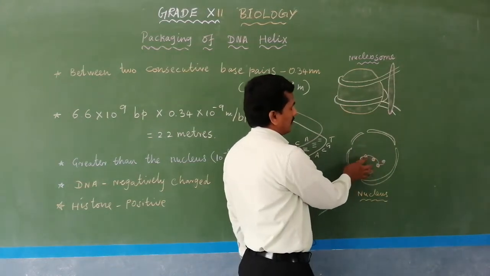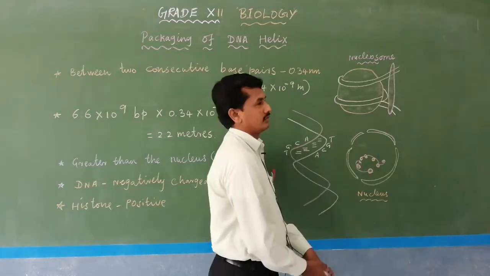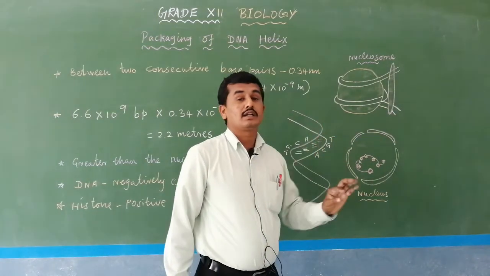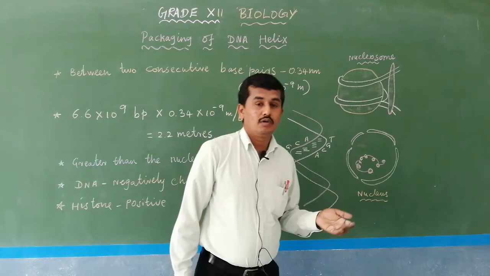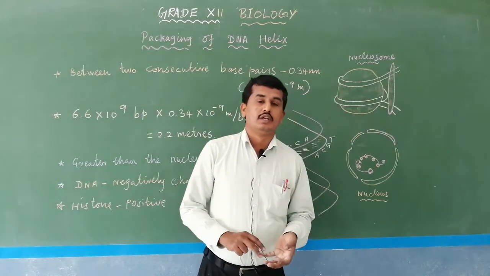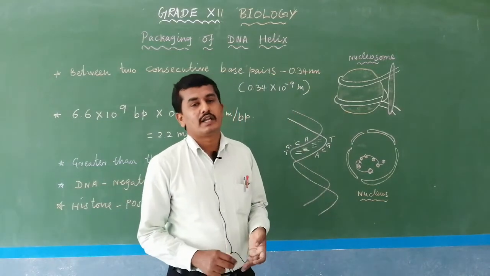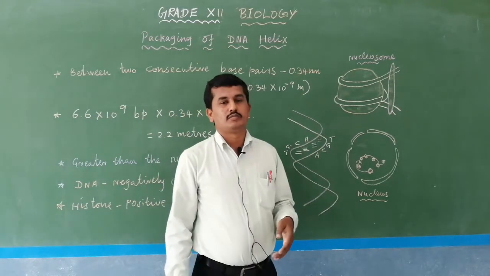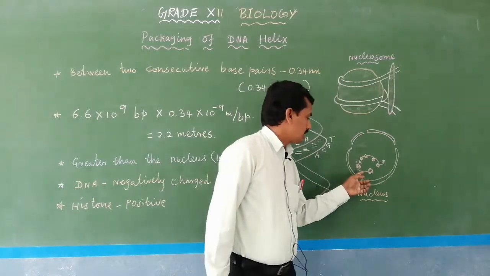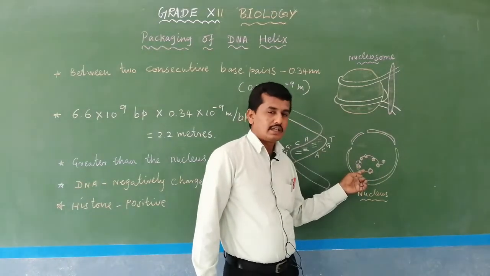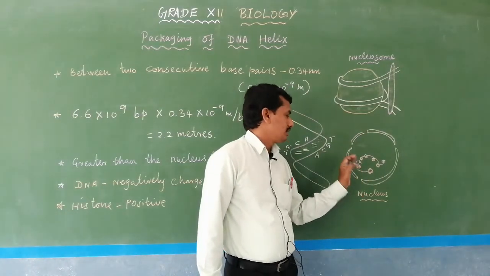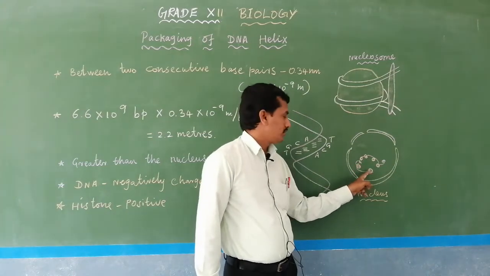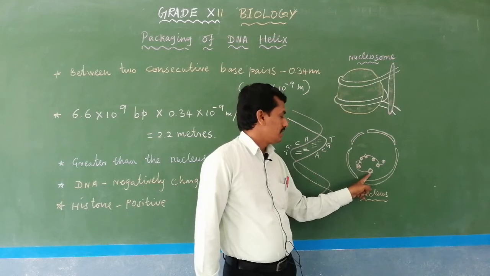This is the nucleus, nuclear membrane, nuclear pores and nucleoplasm. Inside the nucleoplasm, the chromatin thread is present. Viewing the chromatin thread under the electron microscope, maybe you know electron microscopes are of two types: transmission electron microscope and scanning electron microscope. A newer atomic force microscope is also available. Under the electron microscope, the DNA looks like beads on strings. Beads means one bead.